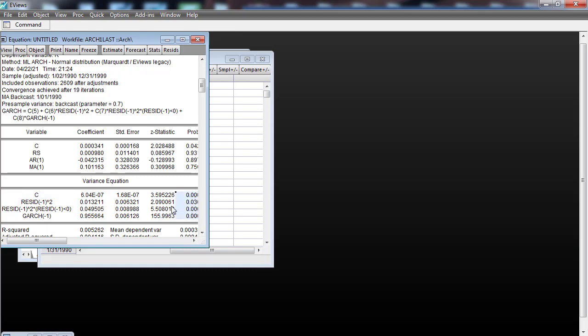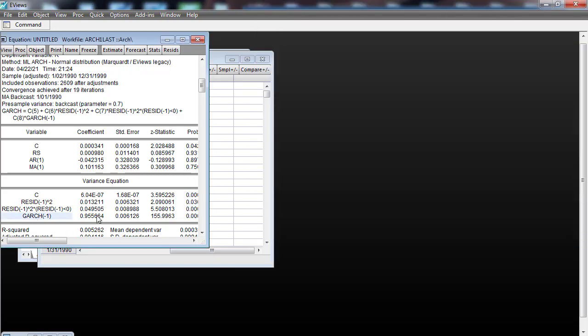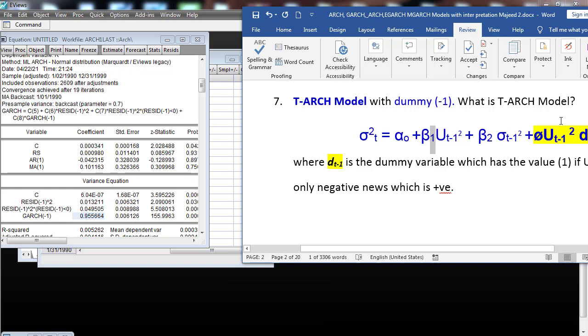All the variables are statistically significant, and here alpha 0 equals 0.70604, and beta 1 for the ARCH term, which is the residual lag 1 square ARCH term, is 0.0132, positive and statistically significant. And for GARCH lag 1 you can see it is 0.955,